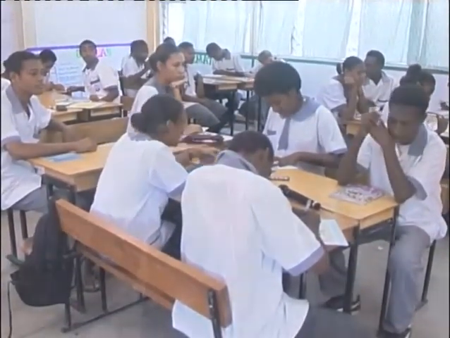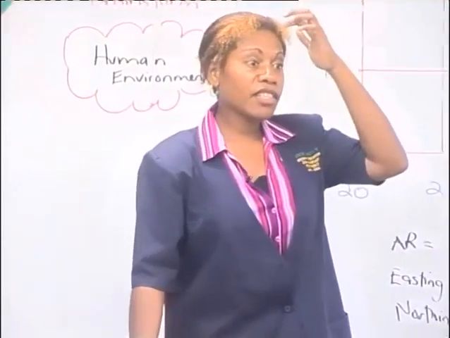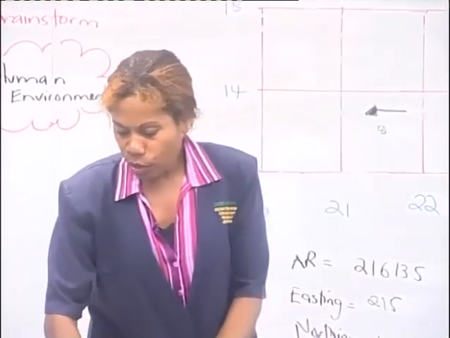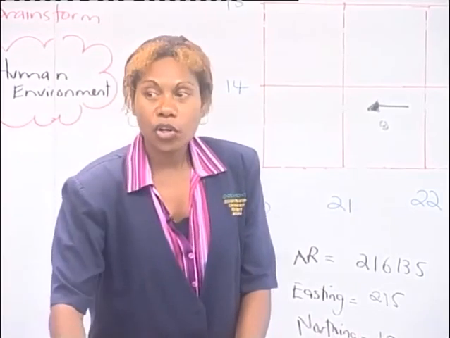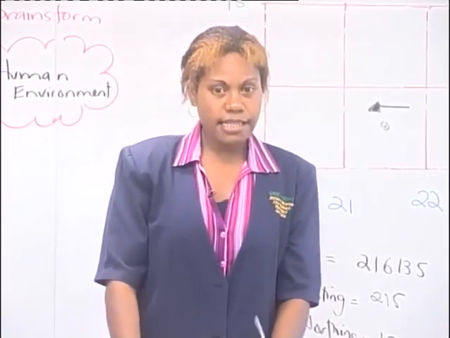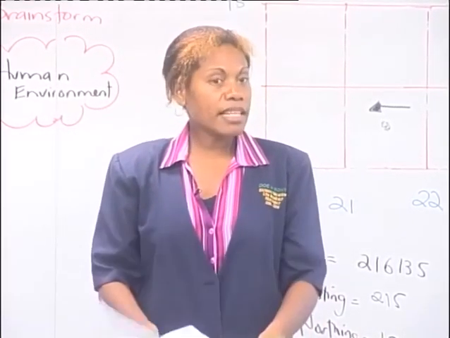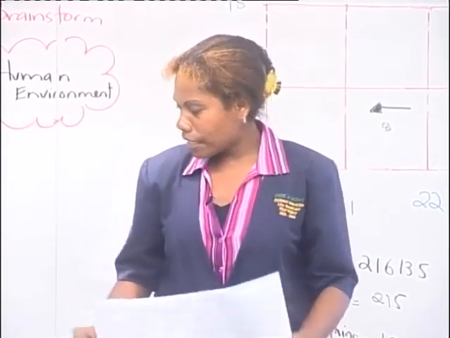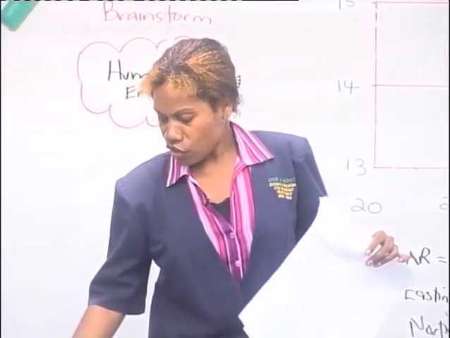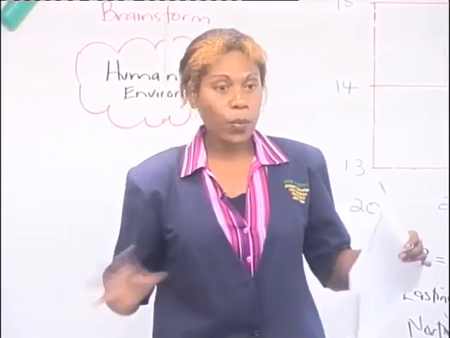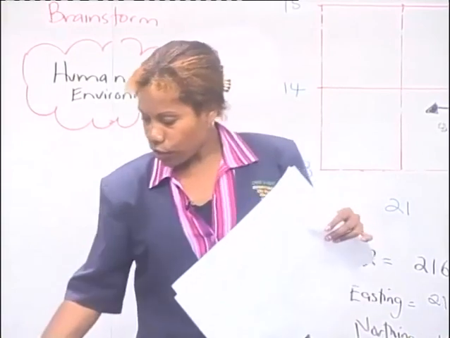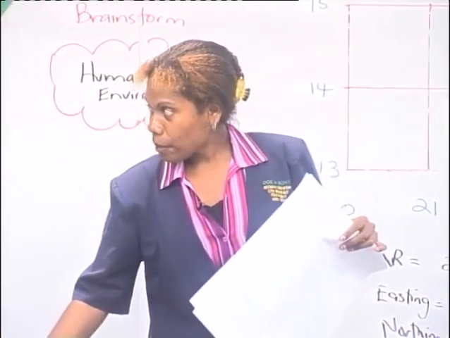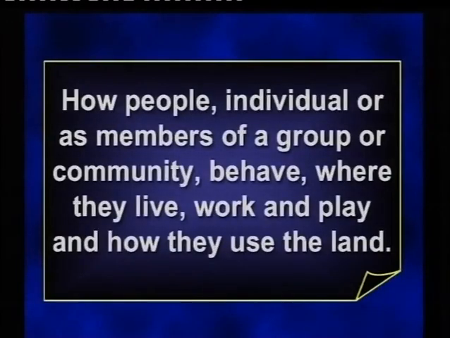All right, 8Cs and receiving students, right from your brainstorming, you all came up with similar answers, or similar words that relate to the human environment. Now let's have a look at the definition of what a human environment is. When you put all these words together, you can come up with a simple definition. And that definition of a human environment is,